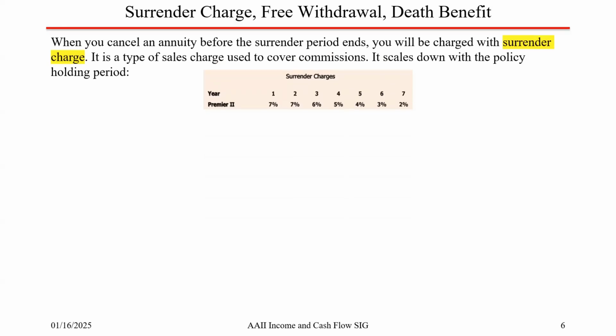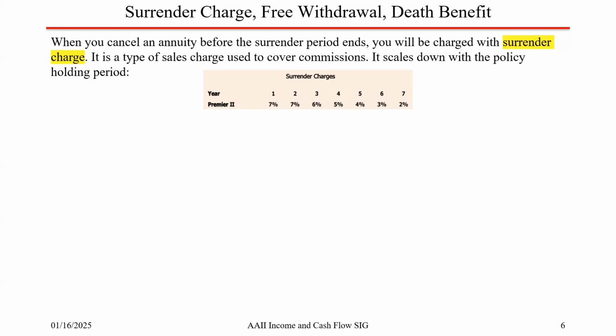So the three things we talk about here are surrender charge, free withdrawal, and death penalty. What is the surrender charge? You've heard about insurance sales. Annuity sales is the most profitable insurance that a salesperson can do. That's because the commission is pretty high. And apparently, the insurance company pays the salesperson the commission right after you sign the contract and pass the free look period. So if you're going to take money out, or if you want to cancel the contract,